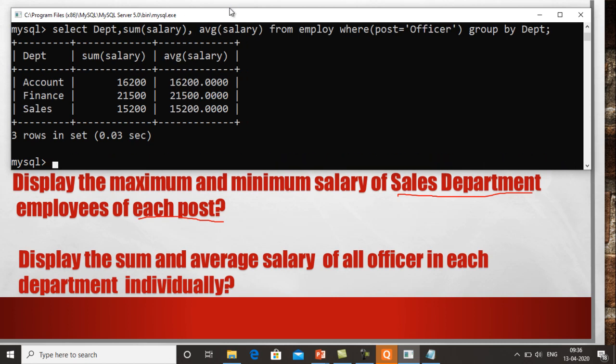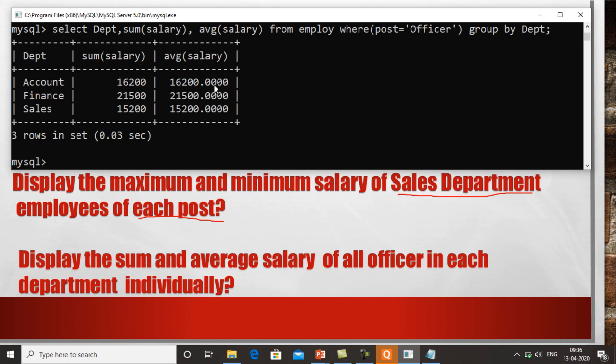Over here we get the answer: the department names, and the sum of salaries and the average of salaries are these. Why is it the same? Because there is only one employee in that department. But suppose we have multiple officers in the accounts department, then obviously this result will change.